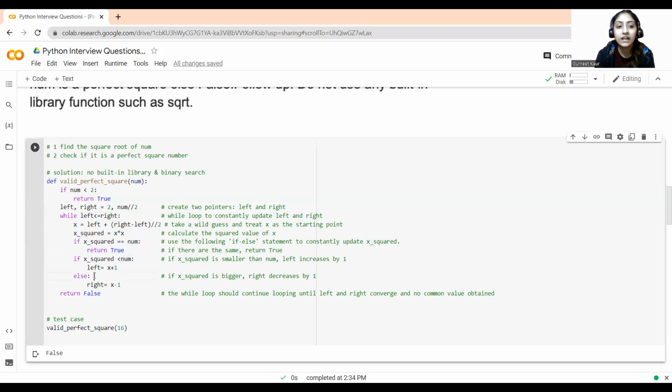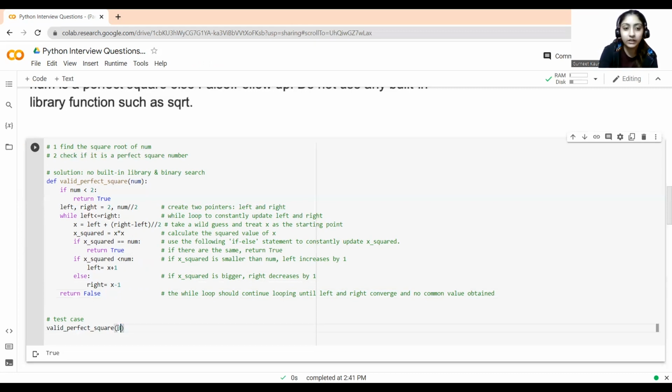Else, if the squared number is greater than the number, we will shift back to our previous number, decreasing the right value. If it cannot find a match, it will return false. So if I run this code, it will give me true because 16 is a perfect square number.